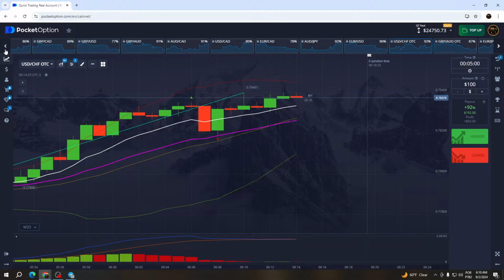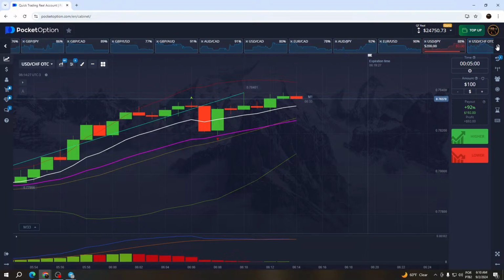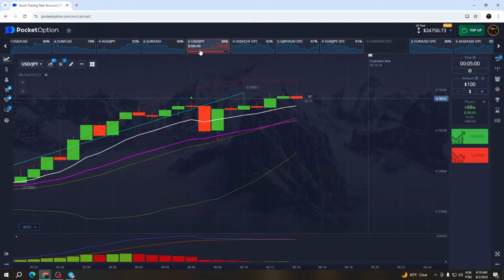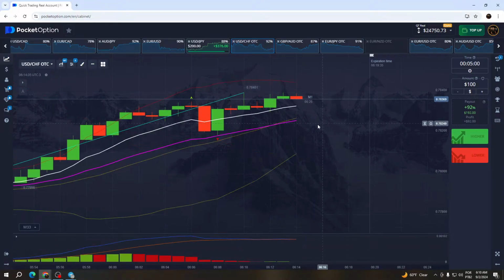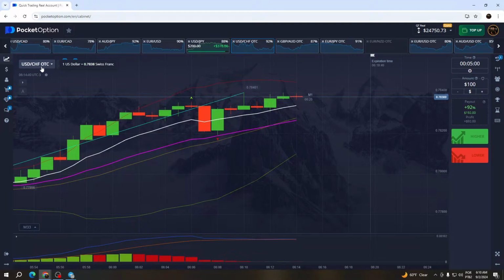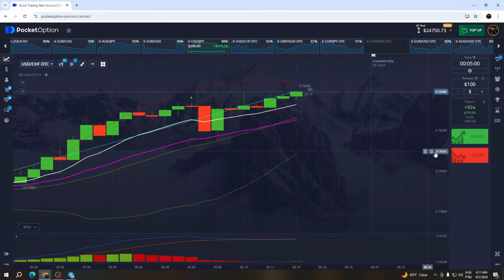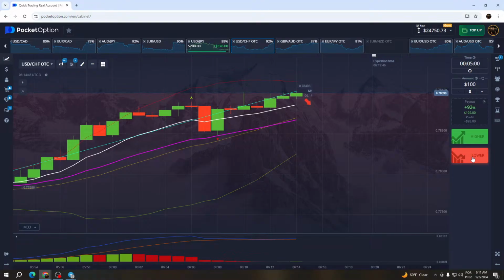USDCAD OTC, 6:15, lower button. Pay attention to perform this entry.